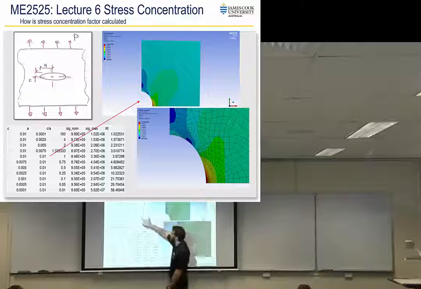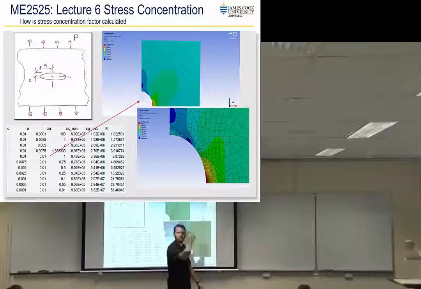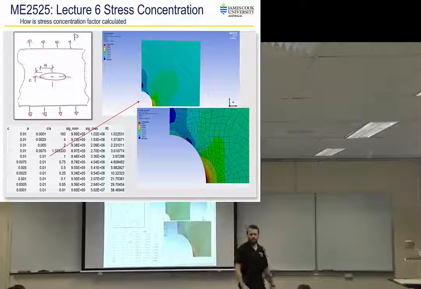So if A is large and C is very small, what do we got? Basically a sliver, a slice, a crack. And if A is very small and C is large, what have we got? A vertical slot, and some ratio between the two. You go from a vertical slot, it can merge, and if you change that ratio, you'll get to a horizontal